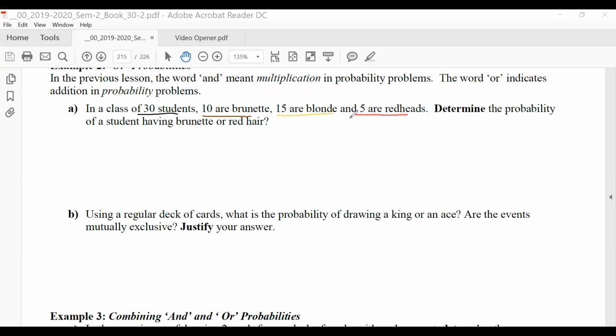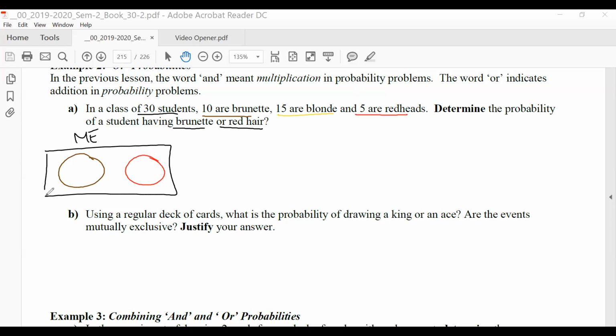So determine the probability of a student having brunette or red hair. Well, it never hurts to think, is this mutually exclusive or not? Can I have both? Well, we'll play along with the idea that no, I can't. These are mutually exclusive. Here's brunette, here's red. I can't have both. They're mutually exclusive, which means then